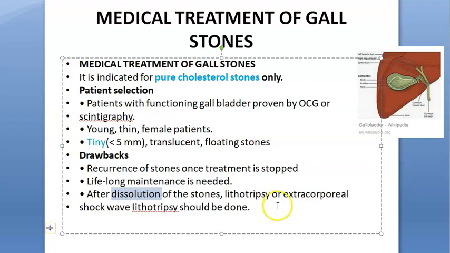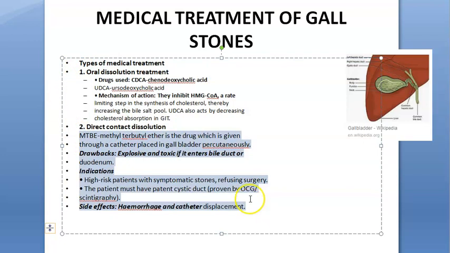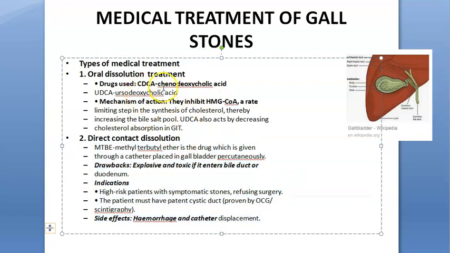Anyway, so medically you will do, but what treatment should you give? So these are the treatments. You will give oral dissolution and direct contact dissolution. Oral dissolution means what will you give? And direct contact, what will you give? Okay, let us see. Oral dissolution, you can give them some